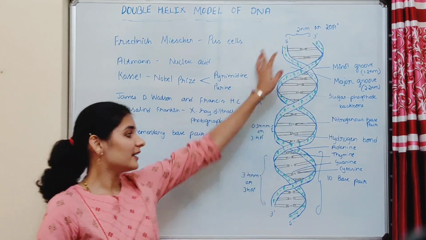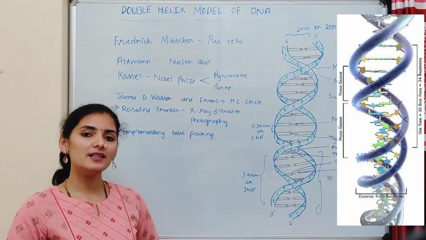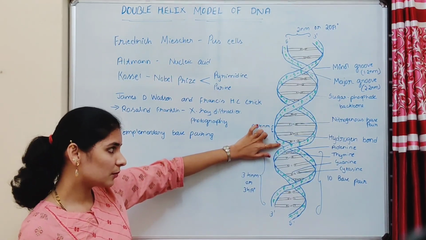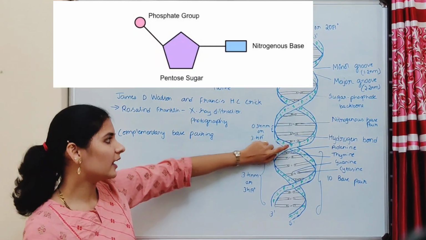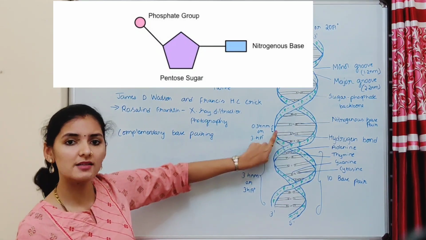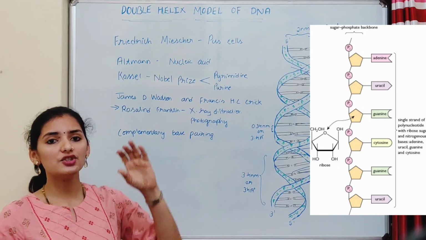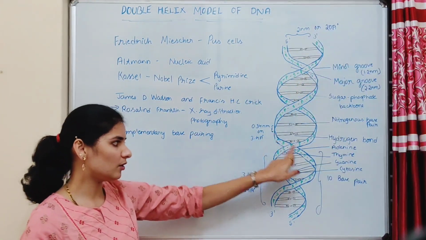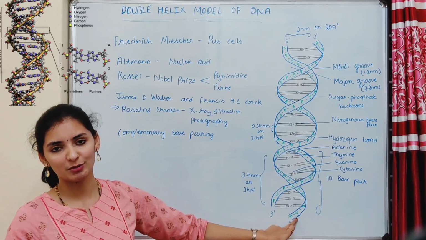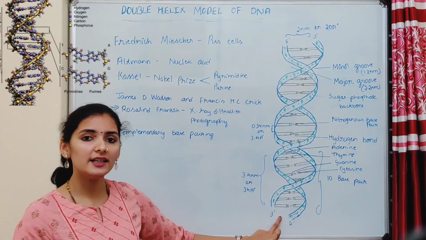According to the double helix model, DNA is made up of two polynucleotide chains. Polynucleotide means many nucleotides. A single nucleotide consists of a sugar molecule which is attached to a phosphate and a nitrogenous base. So sugar, phosphate and nitrogenous base together form a single nucleotide. Many such nucleotides are joined together to form a single polynucleotide chain. So DNA is made up of two such polynucleotide chains, and each of these polynucleotide chains in the DNA is